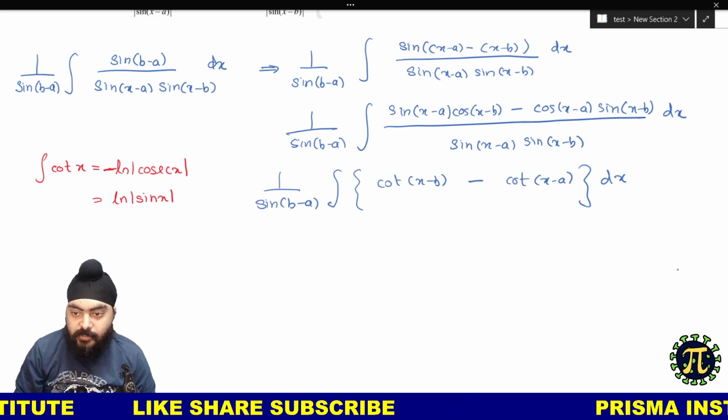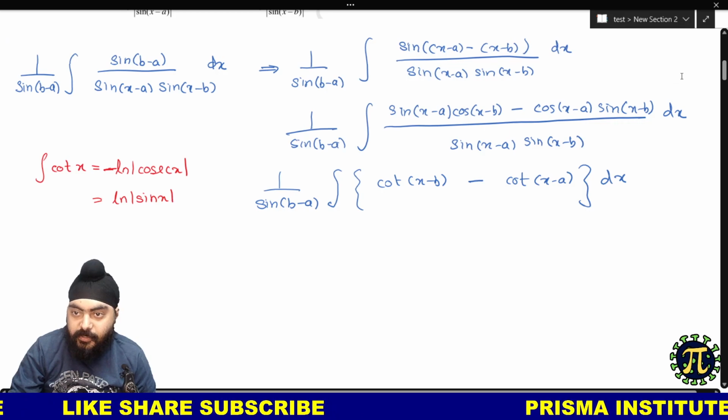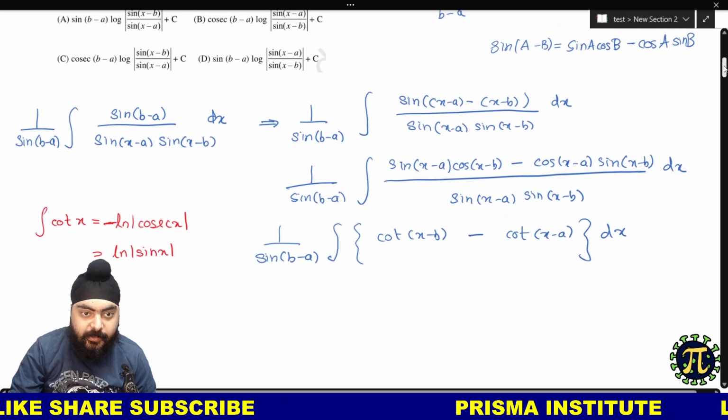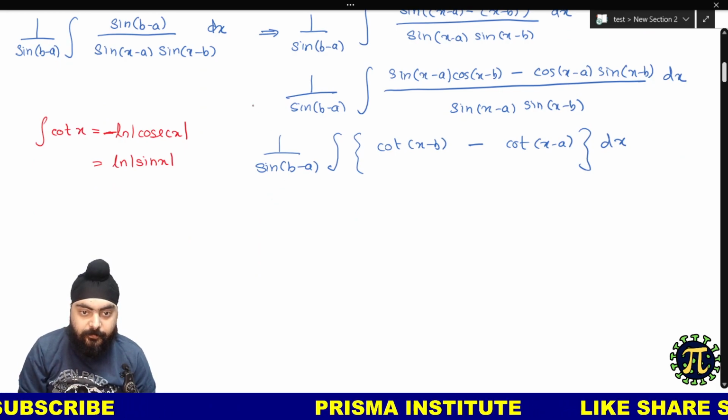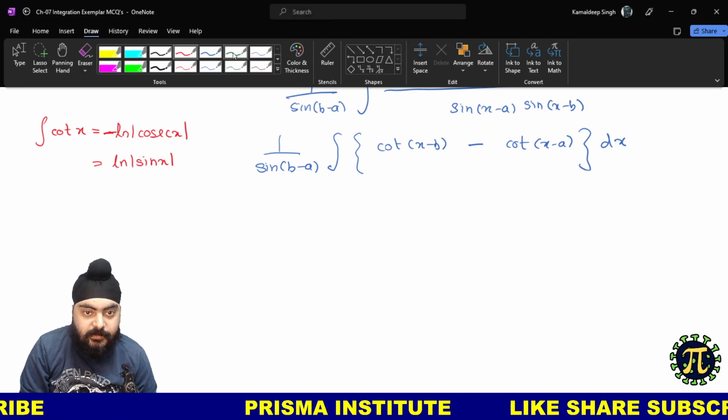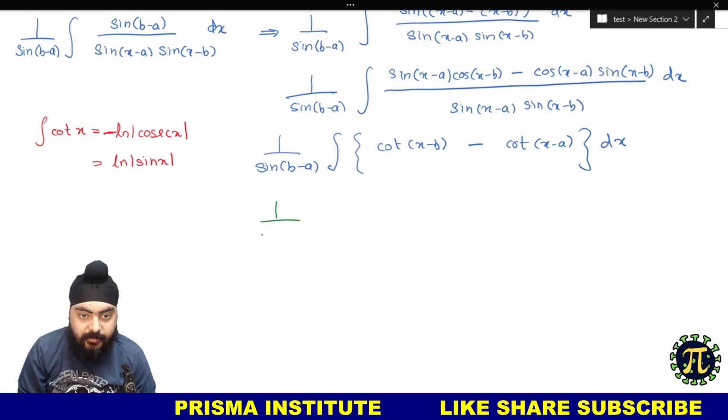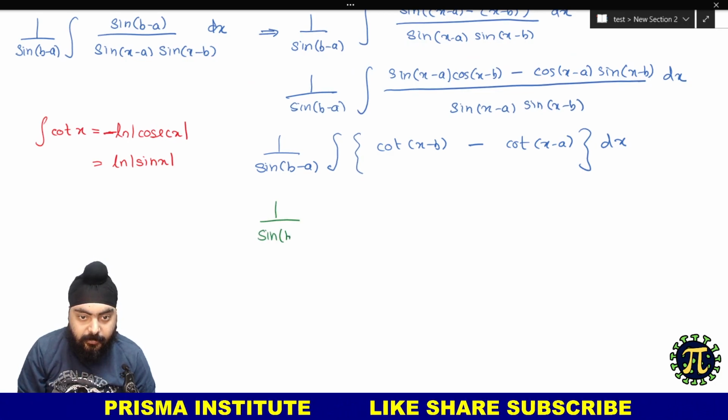So let's see the options. In the options, the terms are given in sin x, cosec, so it is given in terms of sin, so we will use the second formula. So let's complete this and we get sine of b minus a,